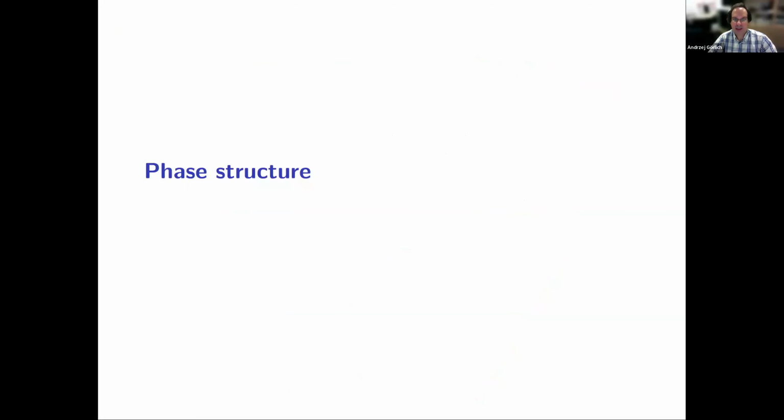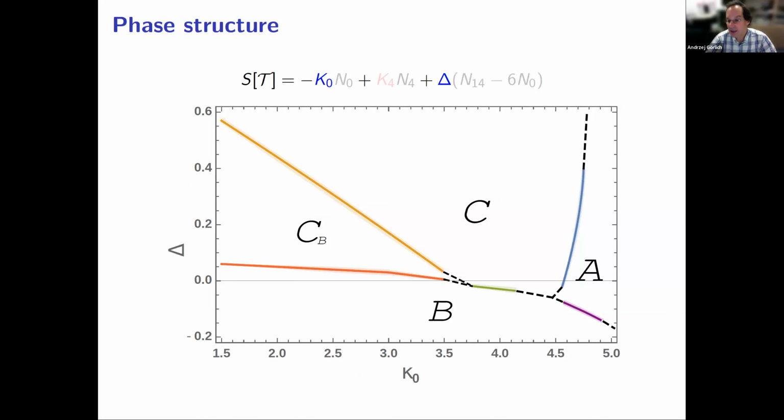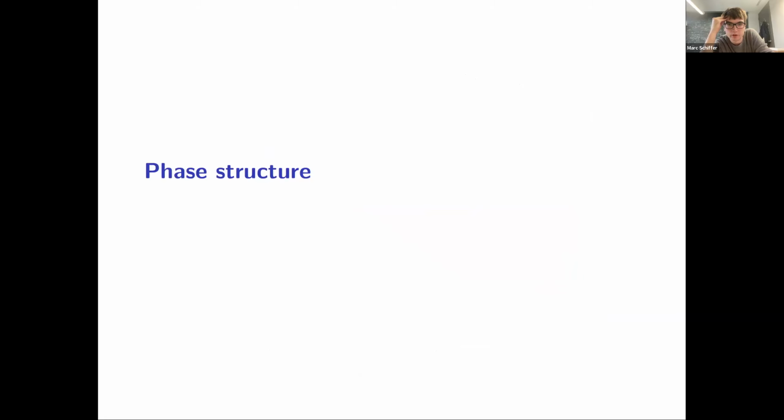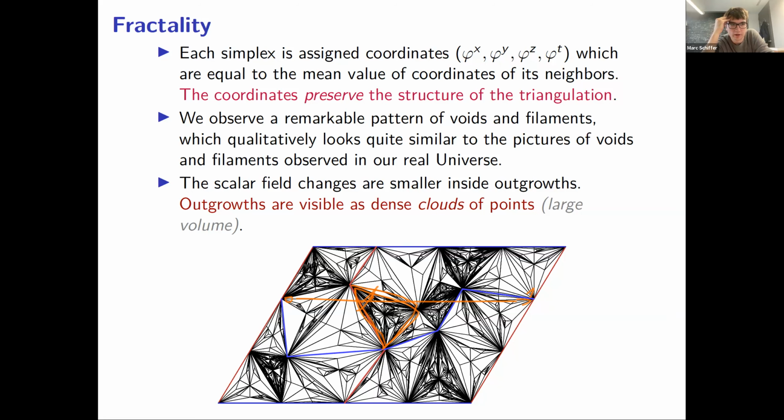Okay, let us see how those pictures, these density maps, look for. Sorry, Andrzej, can I ask a question on this? So this is the classical scalar field, so quenched and no back reaction on the geometry. Not yet. So it really is a probe on your geometry. So the scalar field kind of tells you that these outgrowths are there. Yes. But why? Wouldn't I have expected that I would see something like this also on the level of the volume profile if I compared it?